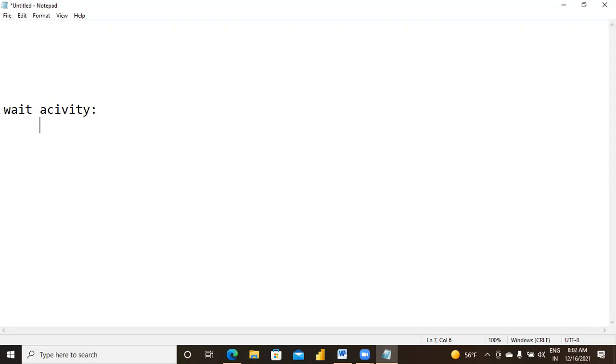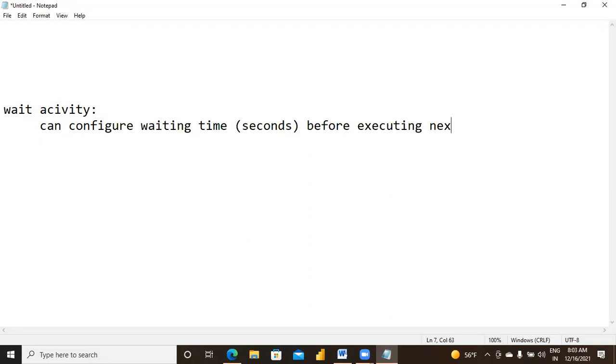Okay. Can configure waiting time. Generally, this time is in seconds. Before executing next activity. Basically, there are two advantages of this wait activity.